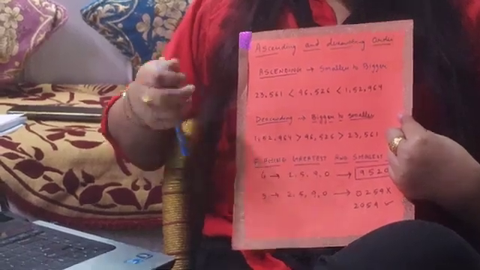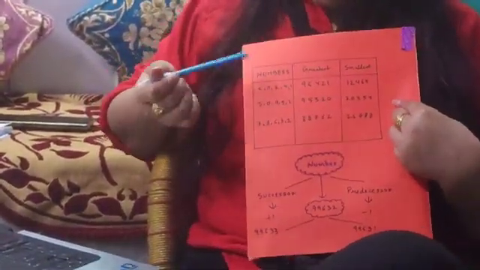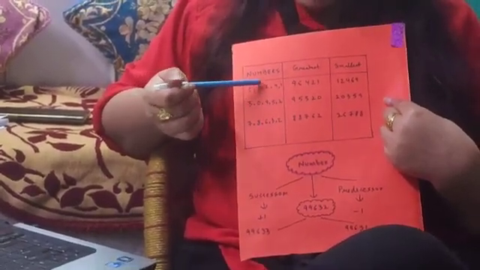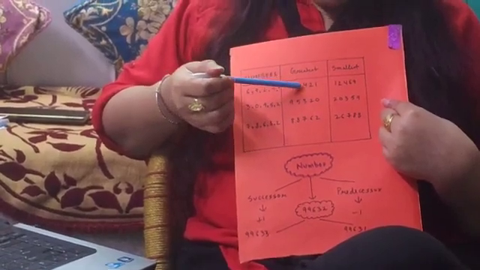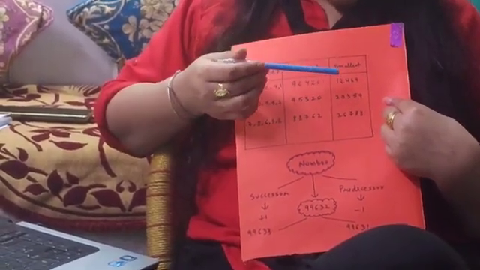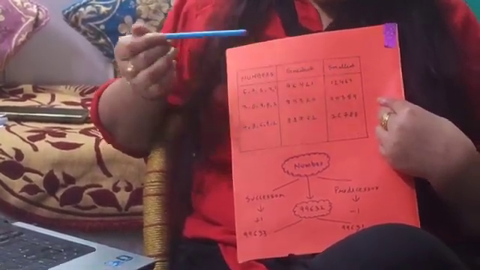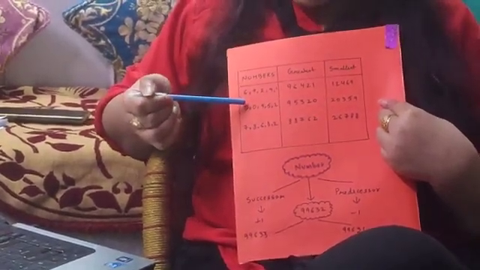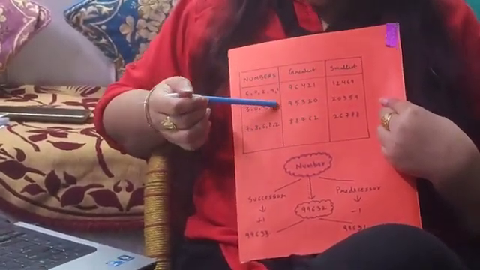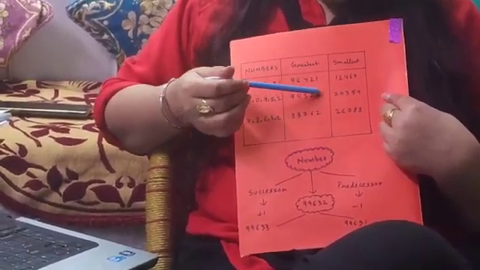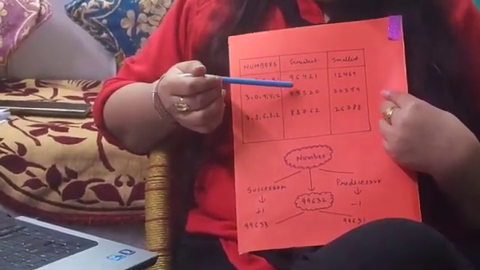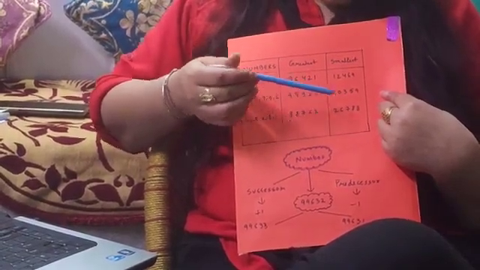Let's look at some more examples. I have taken the examples of 5-digit number. The number here is 69241. We have formed the greatest number as 96421 and smallest number as 12469. Next example is like this, 30952. We have formed the greatest number as 95320, that is 95,320 and